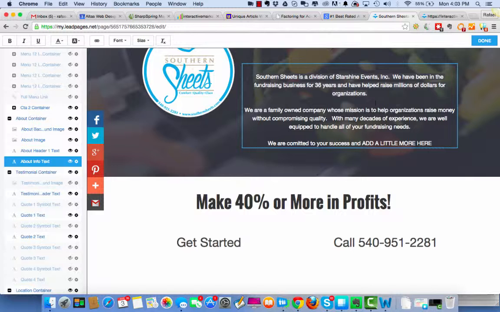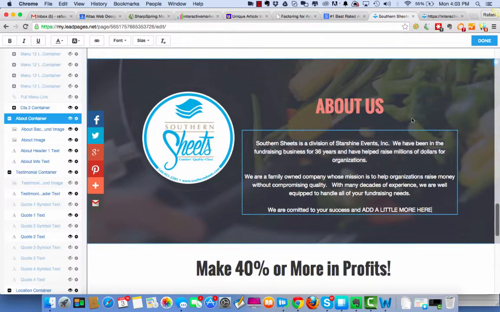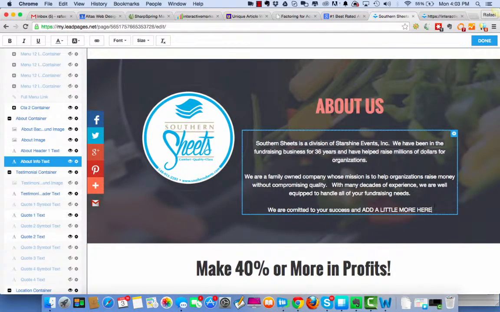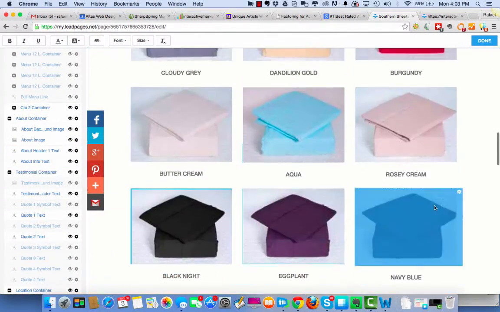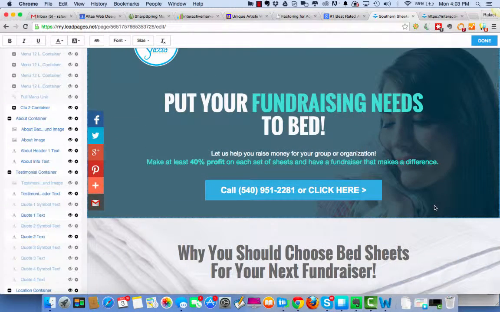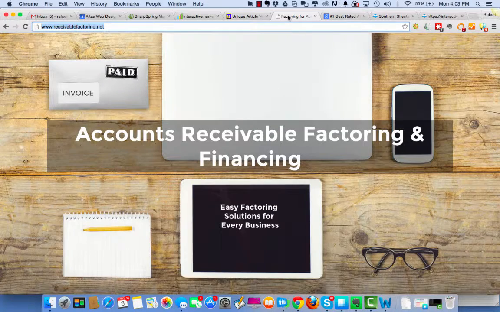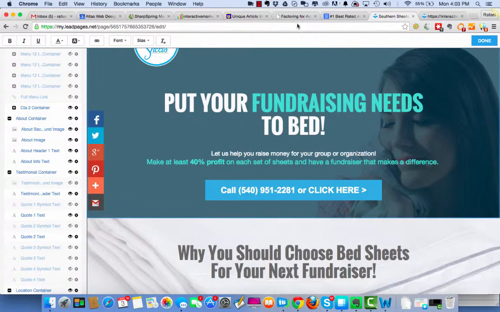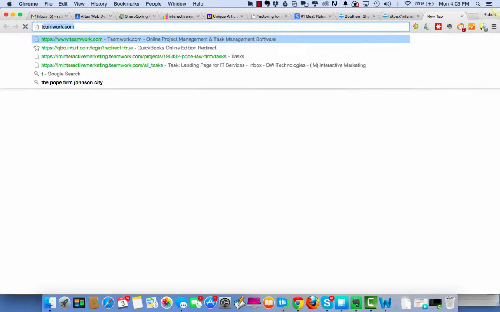Okay, just round it up. Add another paragraph or 2. We just need content for the search engines, to make these pages unique enough. Okay, so I hope you understand what you need to do here, and I need this done for both factoring and Southern Sheets. I'm creating tasks inside Teamwork on them both,